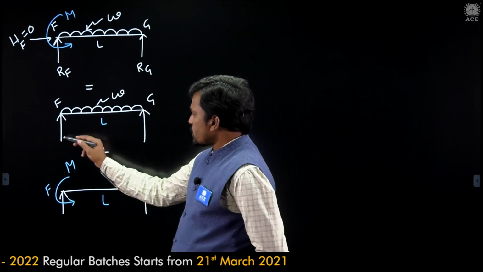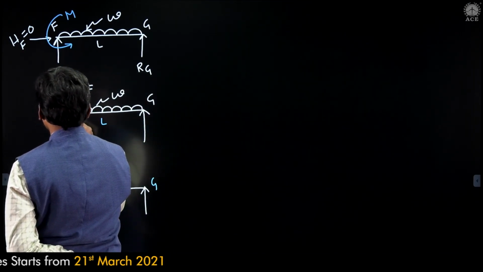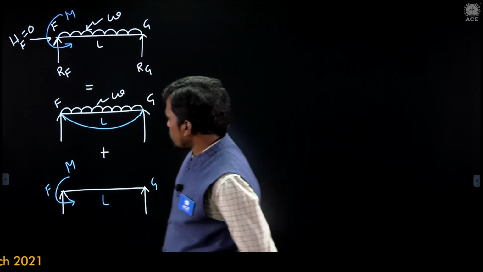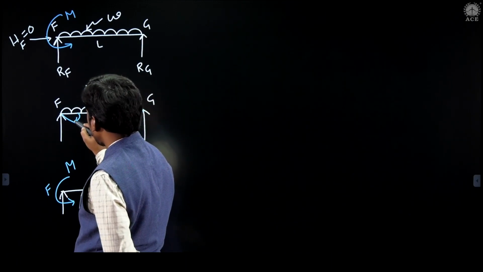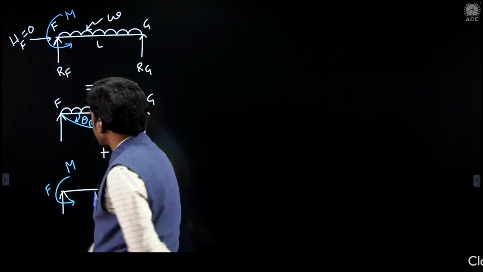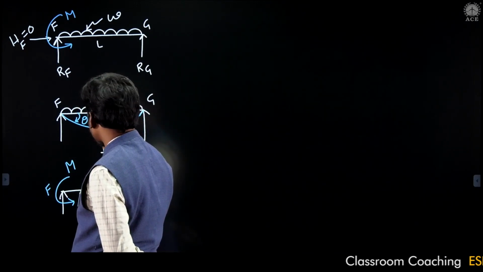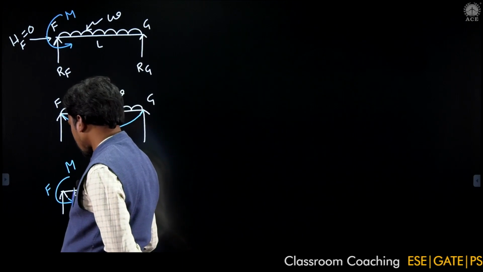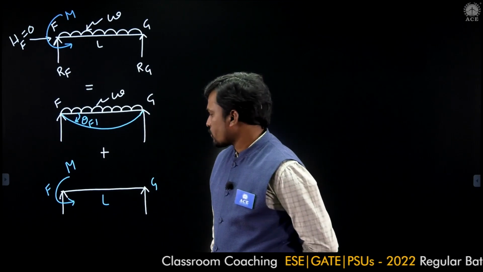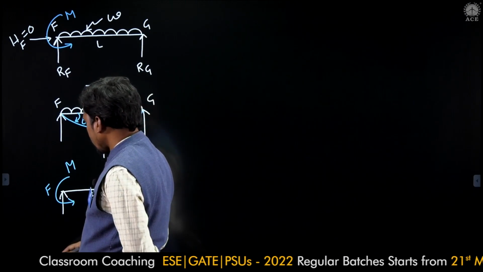Now this is a simply supported beam, right? Then a simply supported beam, how will it deflect? It will deflect like this, right? Then there is a rotation. Now this is theta F. This is theta F1, I'll give the notation. Then simply supported beam subjected to UDL over the entire span.